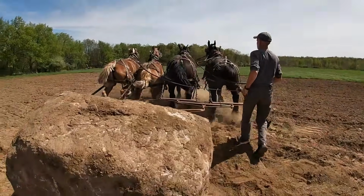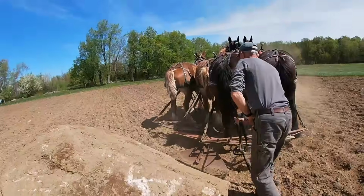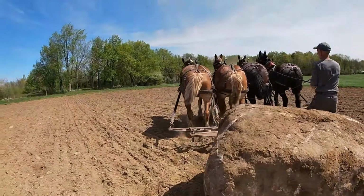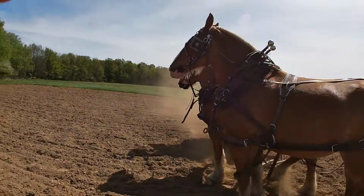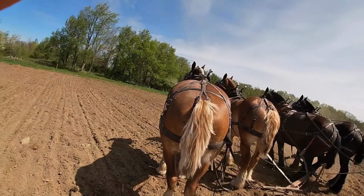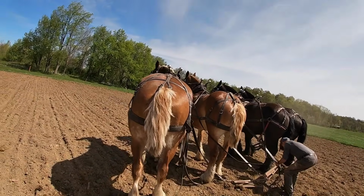On our first attempt to pull it, they pulled it quite a ways, and then I stopped them, and then we got into troubles. When I asked them to start the second time, Lady, Bill, and Buck, of course, have done quite a lot of pulling. They knew what to expect, and they shot out of there pretty fast. And Ken just could not even begin to get up there, and so he kind of came right backwards, and we got into a big mess,